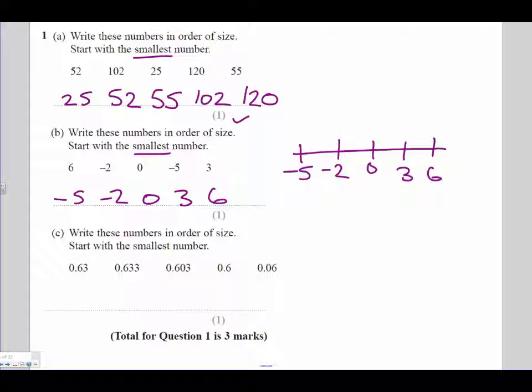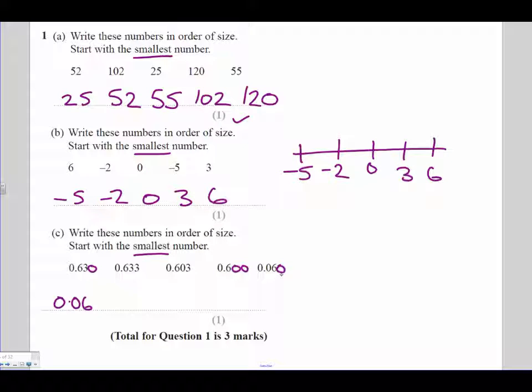Question 1 part C wants us to order numbers again, but this time they've given us decimals to order, and again starting with the smallest number. So do we understand positional values of decimals? Well, one of the easiest ways to do this is make all of the decimal numbers the same length, so they're all 3 digits long. So if I make them all 3 digits, you can see clearly that this is 60, this would be 600, 603, 630, and 633. So it's easier to arrange and see that